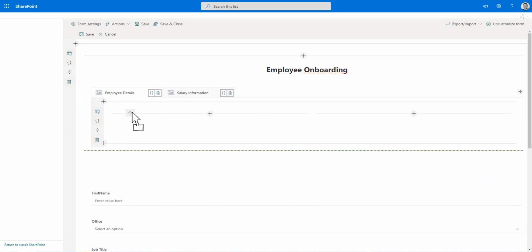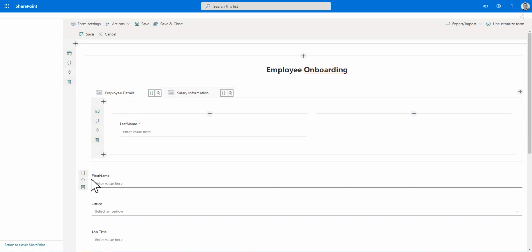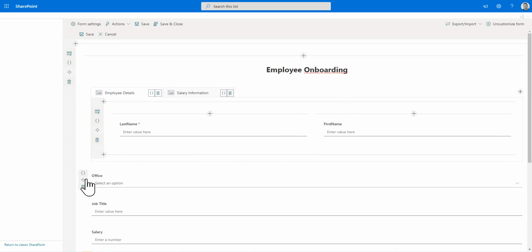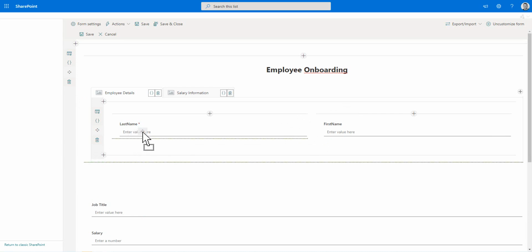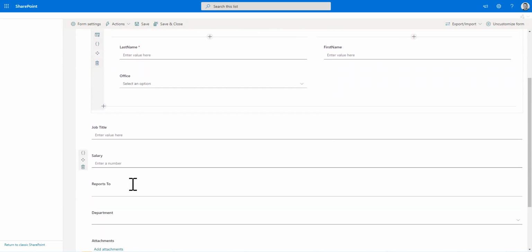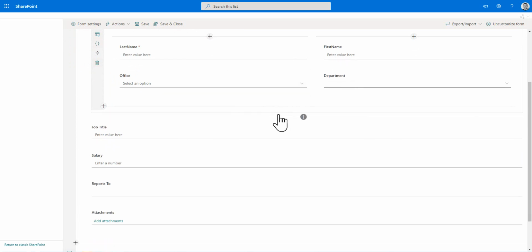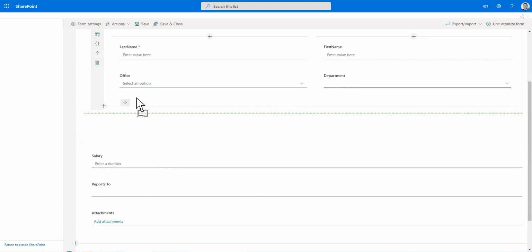So we'll drag and drop the last name field into the left column, and to the right of that, we're going to have the first name. Under last name, we'll have office, and I'm just going to drag the department next to it, so we can change the order of these fields as well. And then we're going to have job title